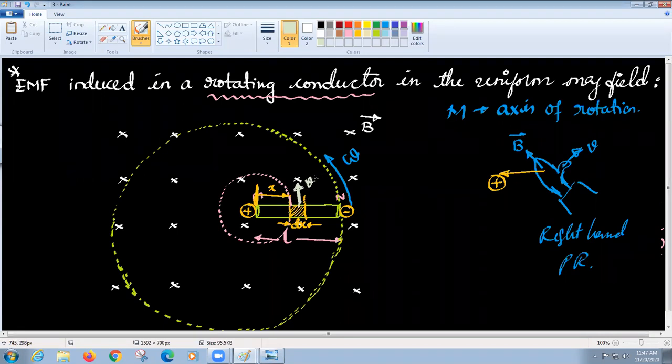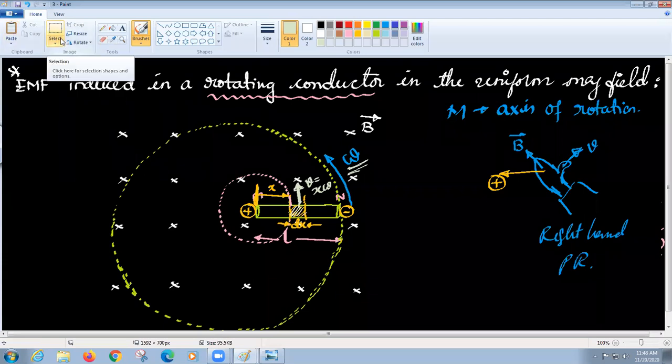What is V now? V is equal to what here? X omega. Very good. V is equal to x omega, because now my radius of circle is x, not this L. I took element dx with radius x. That is because the small element also will rotate with the same angular speed. This big L also will rotate at the same angular speed. So therefore, I'm taking omega again here. That's the intention, nothing else. So if V is equal to x omega, let's put it down like this. So we are deducing things, okay?